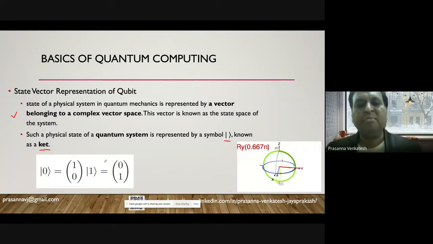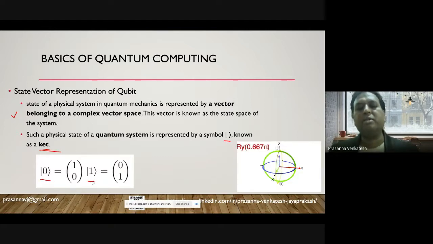Okay. We are talking about bits and qubits. A bit has a state of 0 or 1, and you need to represent qubits. How do we represent a qubit? You use a notation called Ket. This is called 0 Ket and this is called 1 Ket.